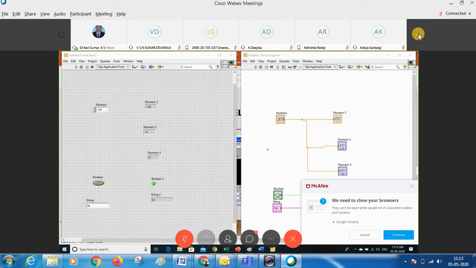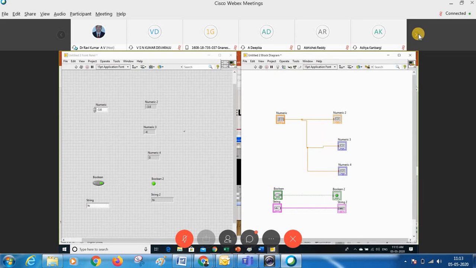Okay, so let me come to what the functions may be in the block diagram or in the front panel, how we can debug the code, or what functions are there in the menu bar, or what other ways there are to implement our program.